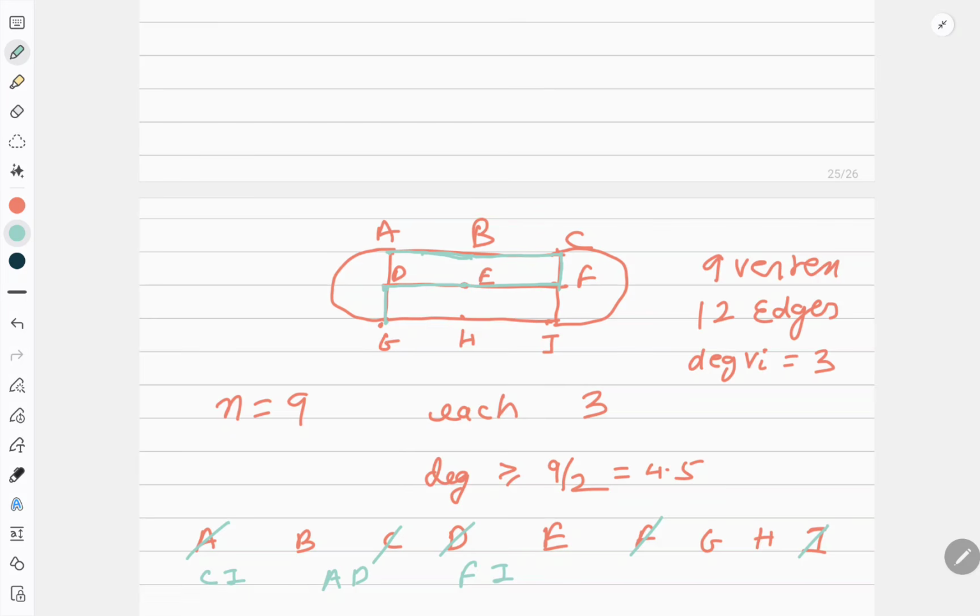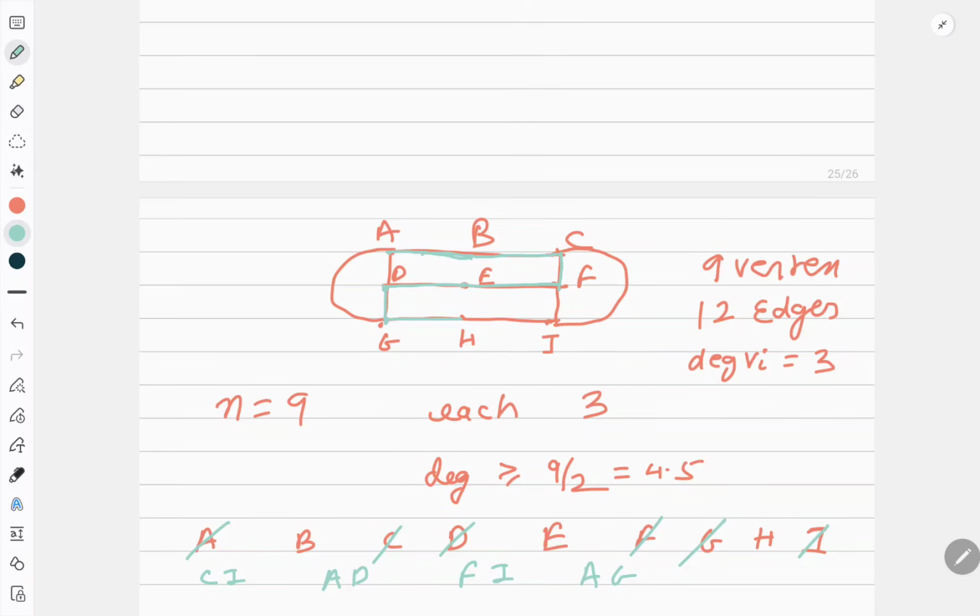Since I have traced, okay, I cannot delete DG. So I have the option of AG, but if I remove GH, I can't move further. So I will remove AG. Now if I remove AG, A is gone and G is gone. So now degree of G is 2. So from G to H I went. H has a degree 2 only, so no issues.